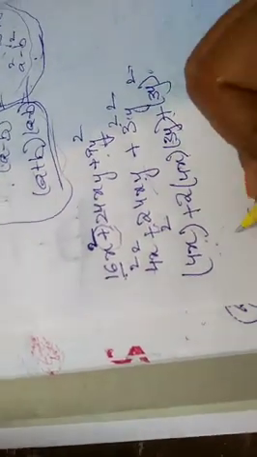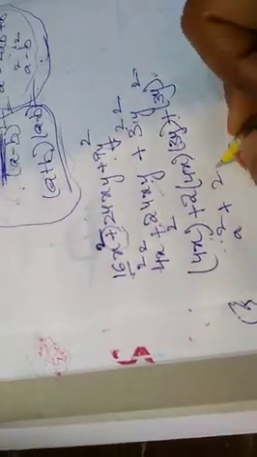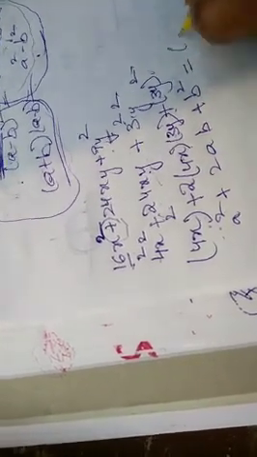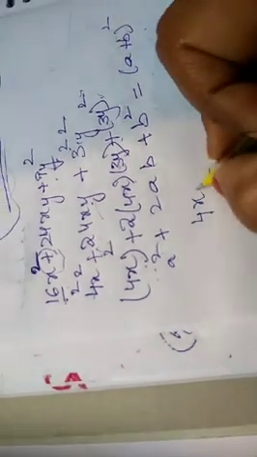So it is in the form of a square plus 2ab plus b square. Right? So what is the formula for this one? (a plus b) whole square. So what is (a plus b) whole square? A means 4x, plus b means 3y. So (4x plus 3y) whole square. Clear? So this is your fourth problem.